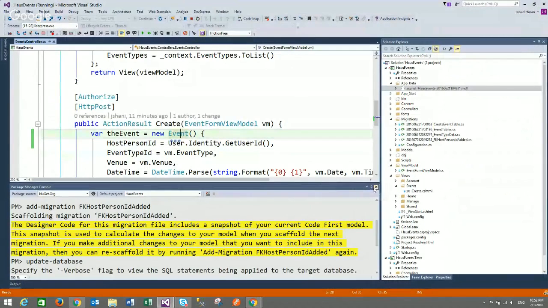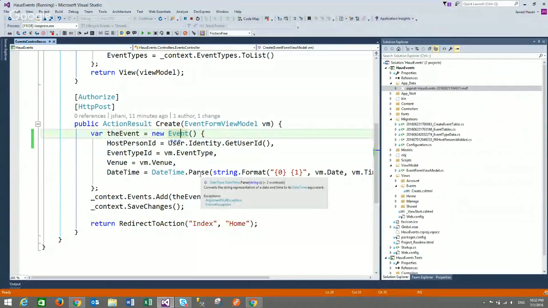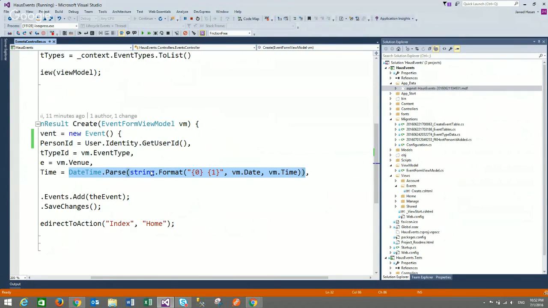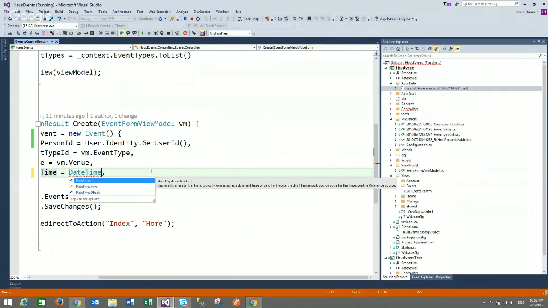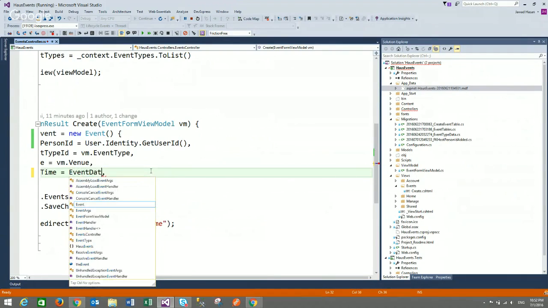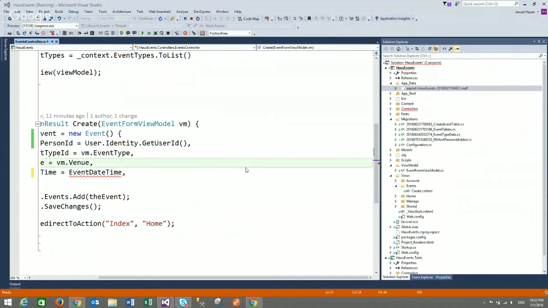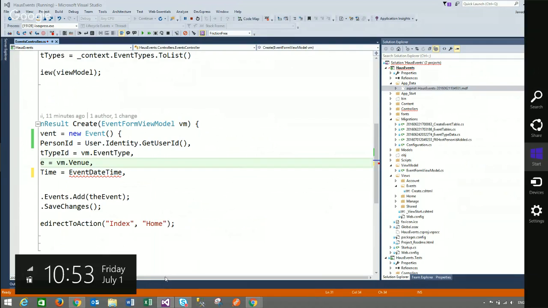So the next thing, see this one, DateTime.Parse. I don't think that this is the job of the controller. The controller should only work as a coordinator, not do this parsing and things like that. And we can easily adjust this. This is part of our little bit of separation of concerns. Let me cut this one and replace it with a property, DateTime, and call this one EventDateTime. Because we do not have this property in our view model,